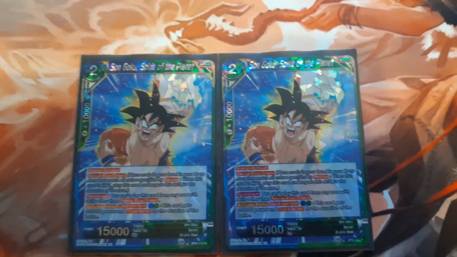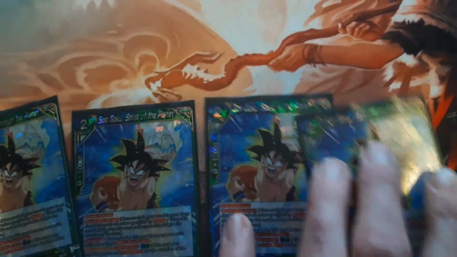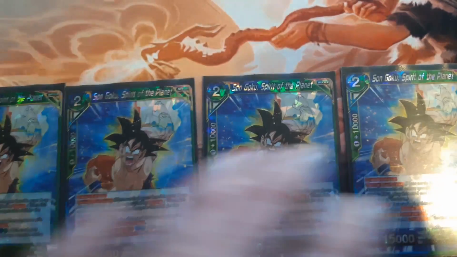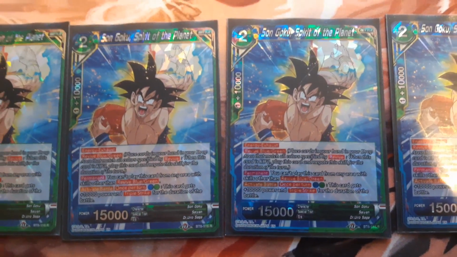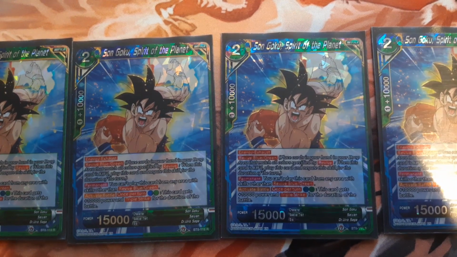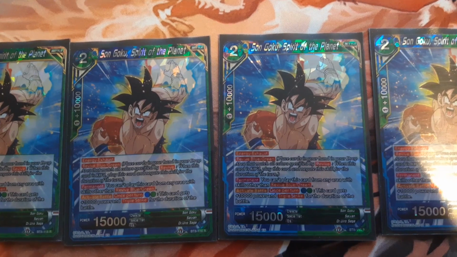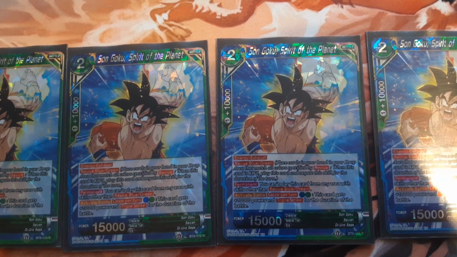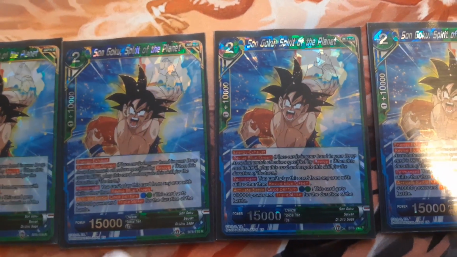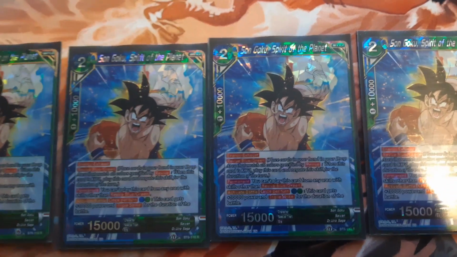Next multicolor card, other revive target. And don't forget, all these multicolor cards, once they're in play, are basically pseudo-deadly defenders once your leader's awakened. Son Goku, Spirit of the Planet. This card's really good as well. Basically, it has Revive, which is the key word. So when it goes to your drop, you can bring it right back into play. It's a 15K, which is also relevant